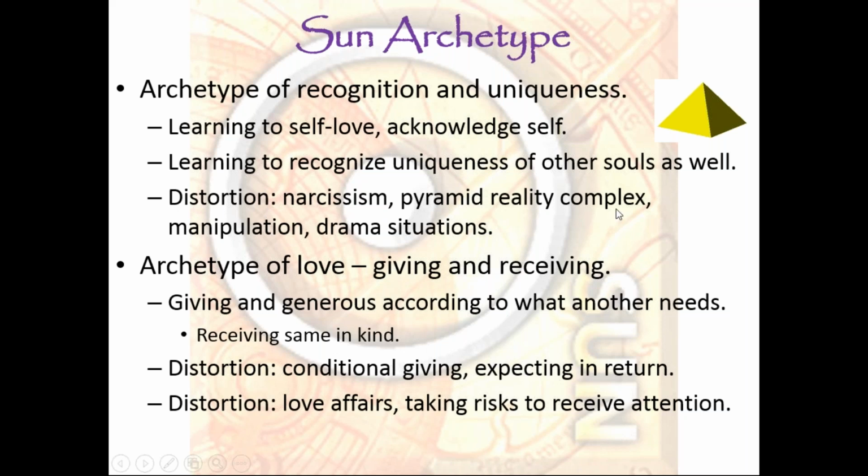The pyramid reality complex is known with Sun Leo in the 5th house, and this is where we're on the top of the pyramid and everybody else exists below us. Think of any presidents of any countries right now in which these distortions might be operating. We will also get into that quality of what we would know as manipulations, when we distort and we don't fill ourselves up with our own self-love